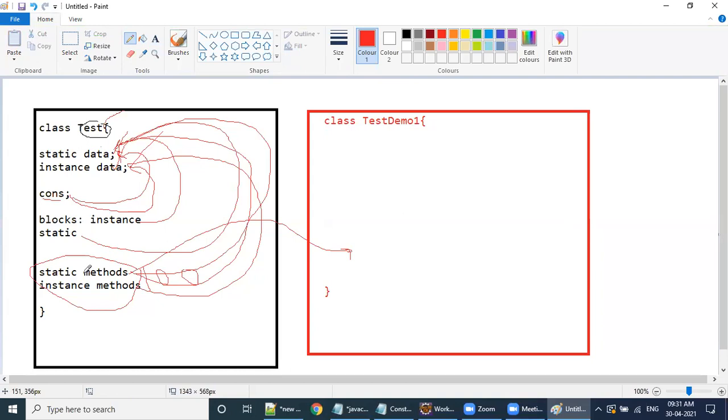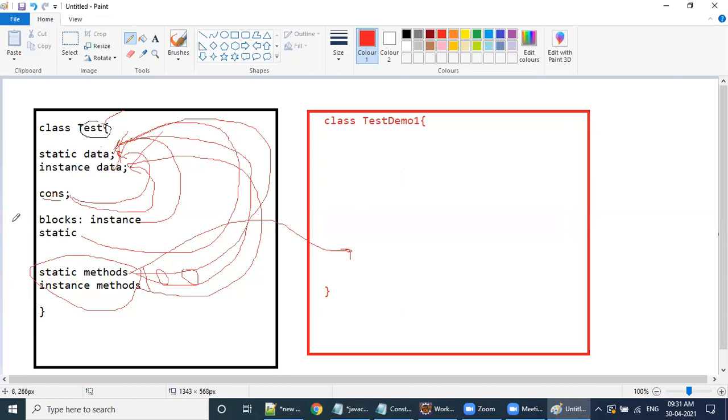What are the remaining three? We have block support, we have blocks, and we have a constructor. So why is a method the best way? Whenever the developer invokes the method, only then will it be called. Getting my point? Whenever the developer invokes it, that is all. The execution is completely under developer control.